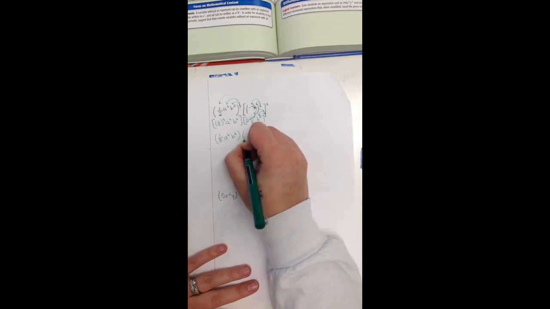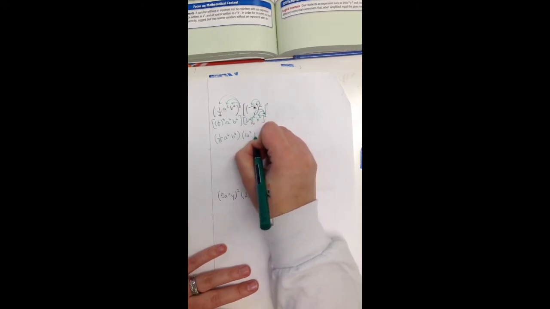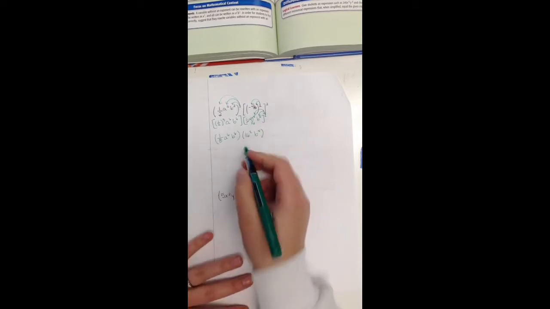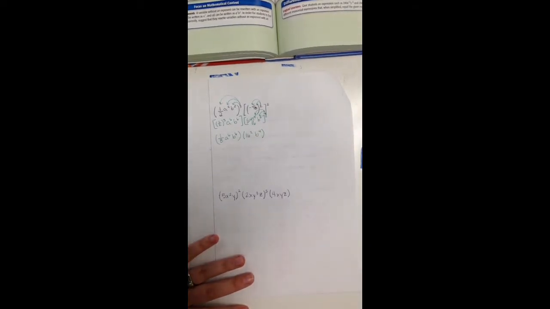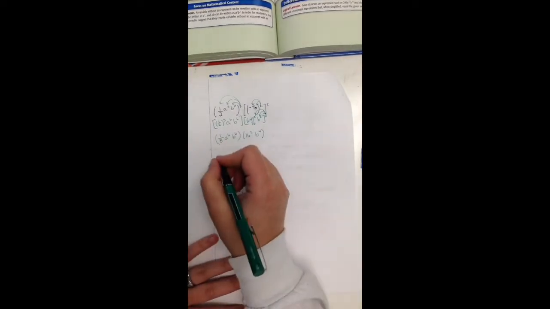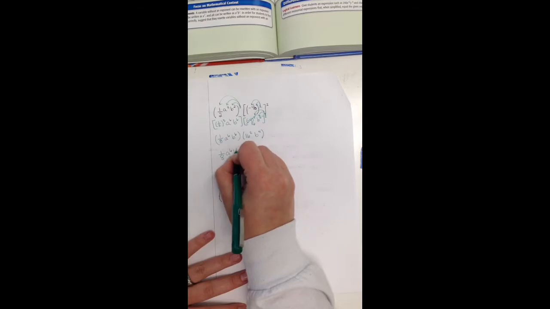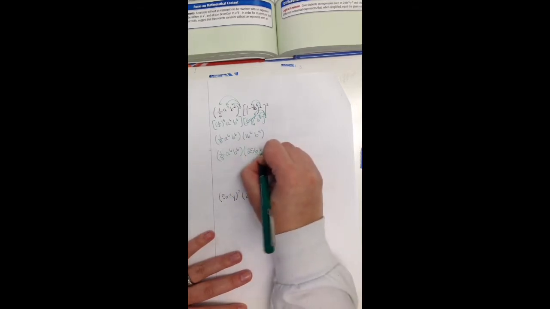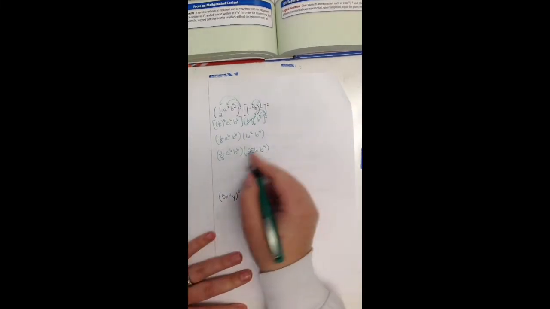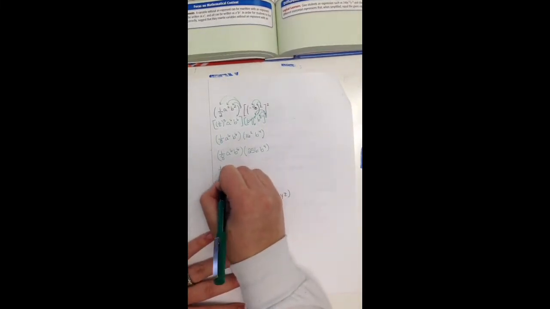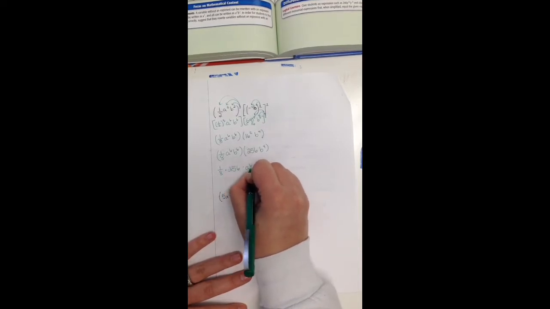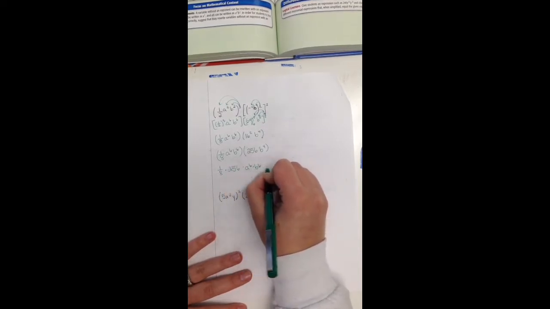times 16 squared, b squared squared is just b to the 4th. And so I can take this and I'm going to say 16 squared is 256. So I have 1/8 a to the 6th, b to the 6th, times 256 b to the 4th. So I'm going to rewrite this. I'm going to say 1/8 times 256 times a to the 6th times b to the 6th times b to